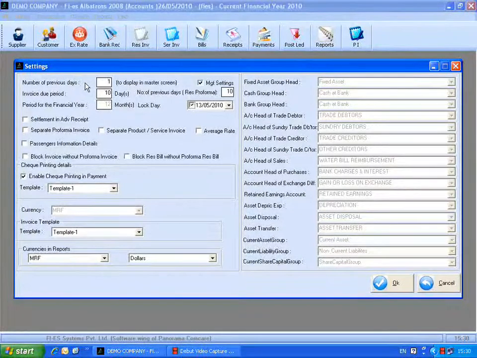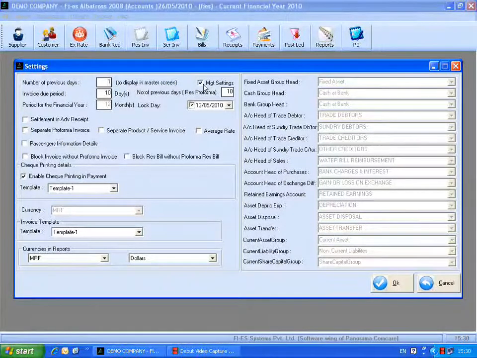First one is number of previous days. Here we mention number of days the transactions need to be listed in all masters of accounts module. All entries listing in the masters will be based on the number of previous days entered and the process date. The process date is shown in the top of the interface. If you provide a previous day as 1 here, then all the transactions which are done on this particular day will be listed in all accounts masters.